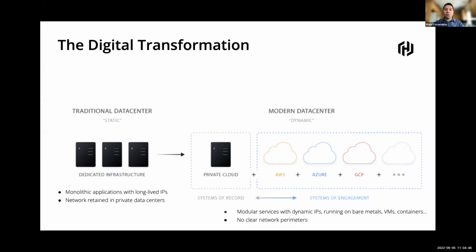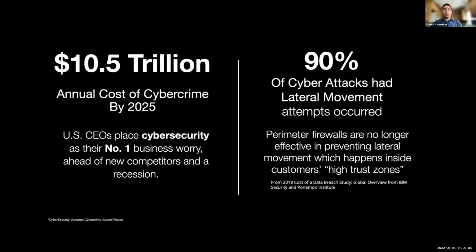Often these applications are deployed across multiple clouds and multiple runtime environments, or these apps need to communicate with other applications across different clouds. So in this more modern data center, there are no clear network perimeters, and this really presents challenges for operations teams that are tasked with securing these environments. And so these challenges then translate